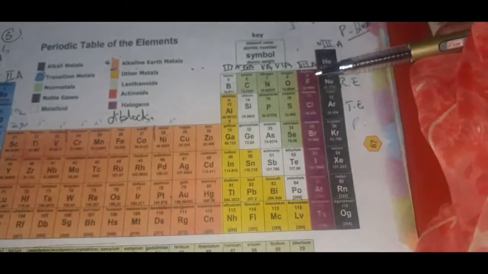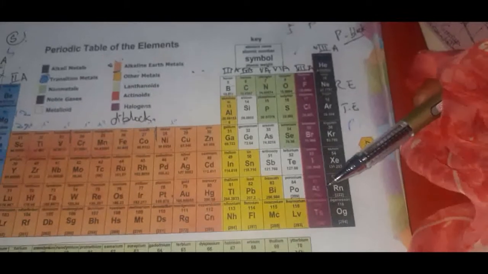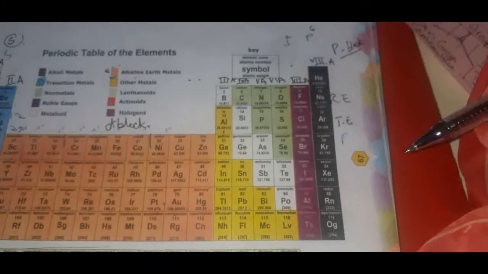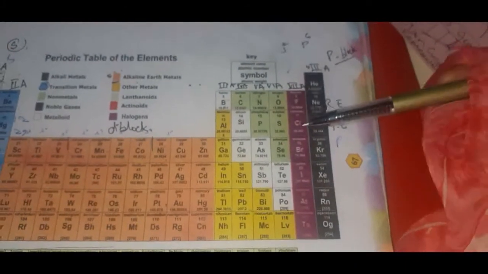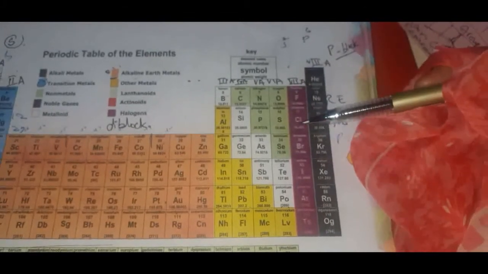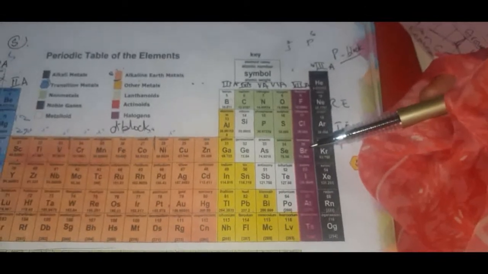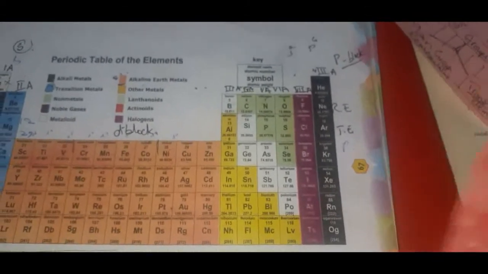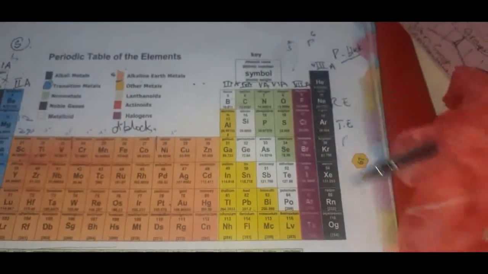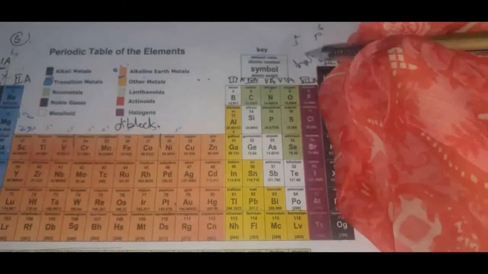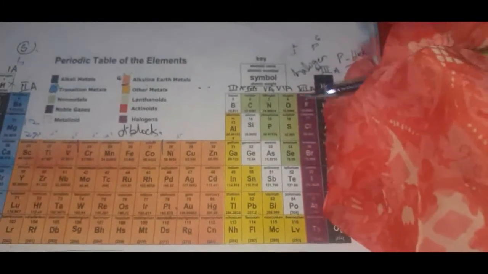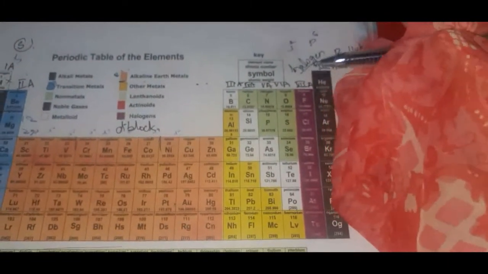Now over here, fluorine, chlorine, bromine, iodine, astatine, and it's not an element. So all these, fluorine, chlorine, bromine, iodine, astatine, are gases. Fluorine and chlorine are gases. Bromine is a liquid. Iodine is solid, whereas astatine is radioactive, right? So all these elements are known as halogens, or this family is known as the halogen family. Fluorine family, because the first member is fluorine, whereas it is also known as halogen.